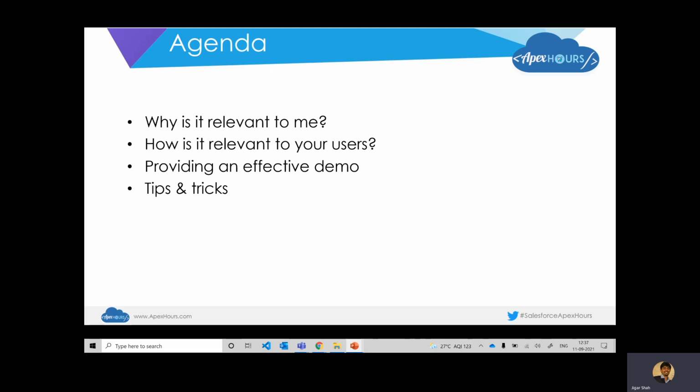These are certain nuggets of wisdom that I have collected along the way during my experience as a developer, lead solutions consultant, architect, and pre-sales consultant. I've been donning many hats. So that is what I would be talking about. And of course, we're going to be looking at tips and tricks, smaller tips that help improvise and make our demo look amazing and awesome, right? So with that preamble, I will get started here.